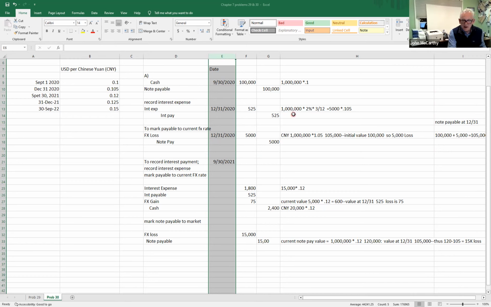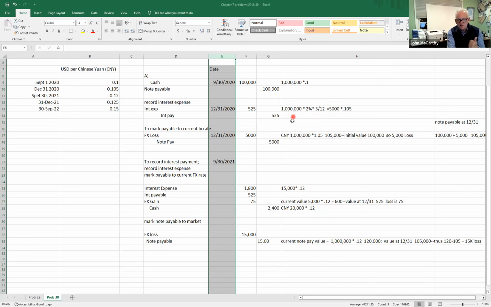It's $1 million local, Chinese yuan at 2%. It's for 3 months, 3/12. So that would be 5,000 that's due in Chinese yuan. But what we owe them at that time, because at that time the exchange rate is 105, that would tell us the whole interest. Well, we don't have any interest payable at this time, but that would be the interest payable. So the sum of that, we record, we figure out